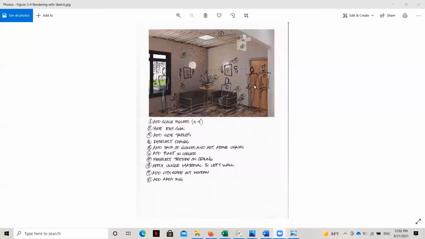The next thing that you can see that reflects good graphics and good rendering skills and reflects the laws of perspective is this idea of shade and shadow. Now, here in this perspective, you can see that there's some dark elements and some light elements. And so it got a little difficult for me to just use a black pen because, for example, the black lines over here on this black chair got a little bit hard to read. The shoulder of this scale figure, when I first drew it in black over the dark trim of this window, was really hard to see. And so I added in with my white pencil some highlights as well.